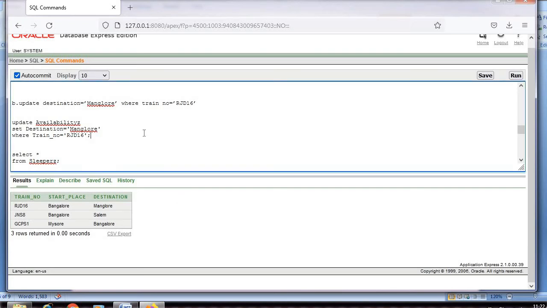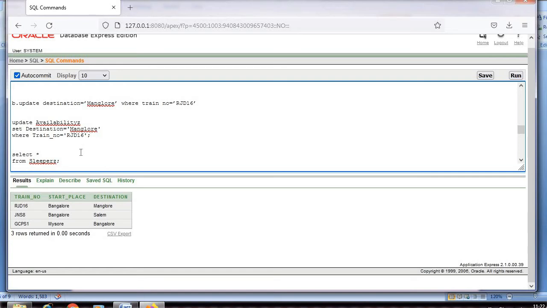Okay, I'll tell you now. What I have done here is, I am updating the table availability. I am searching for the train number RJD16. Its destination was Mumbai, but now I have named it Mangalore.